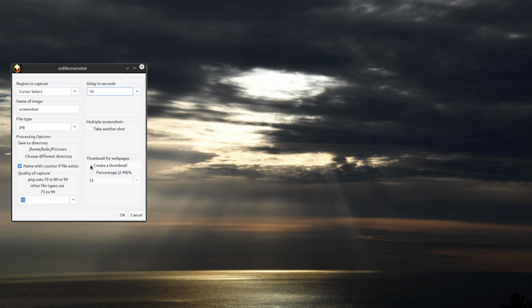It can also create thumbnails for you, and you can vary the size. If you made a thumbnail that was 2%, that might be useful as an icon. It'd be an icon size, and you can go anywhere from 2% up to 99%. Let's set it at 5. So we click OK,